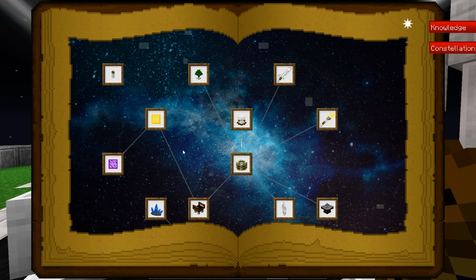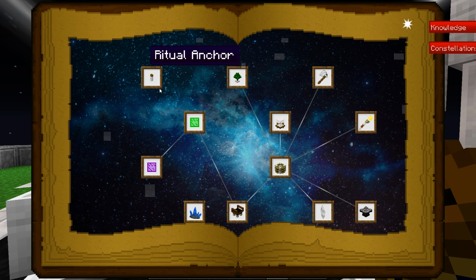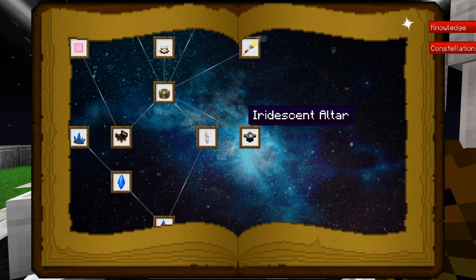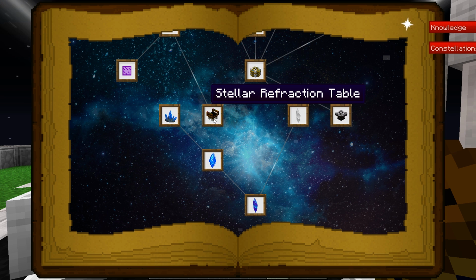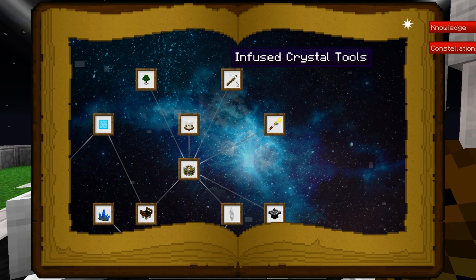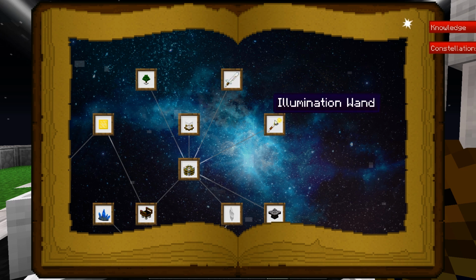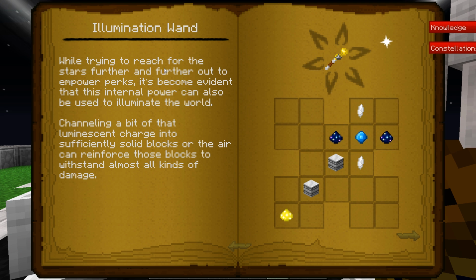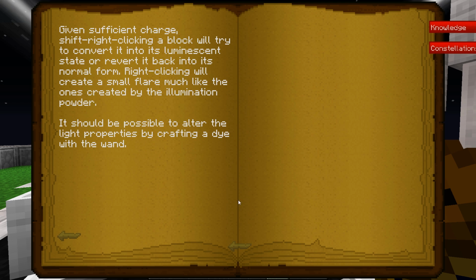That's like a tree farm. I remember that thing. A ritual anchor. All of these things, of which I have to learn. And this is a huge altar there. And a refraction table. All of this is pretty interesting. But we get access to an Illumination Wand and infused crystal tools. It's kind of interesting. The Illumination Wand actually sounds kind of cool. Does this use... Okay. So, I'm wondering if it's like an infinite...